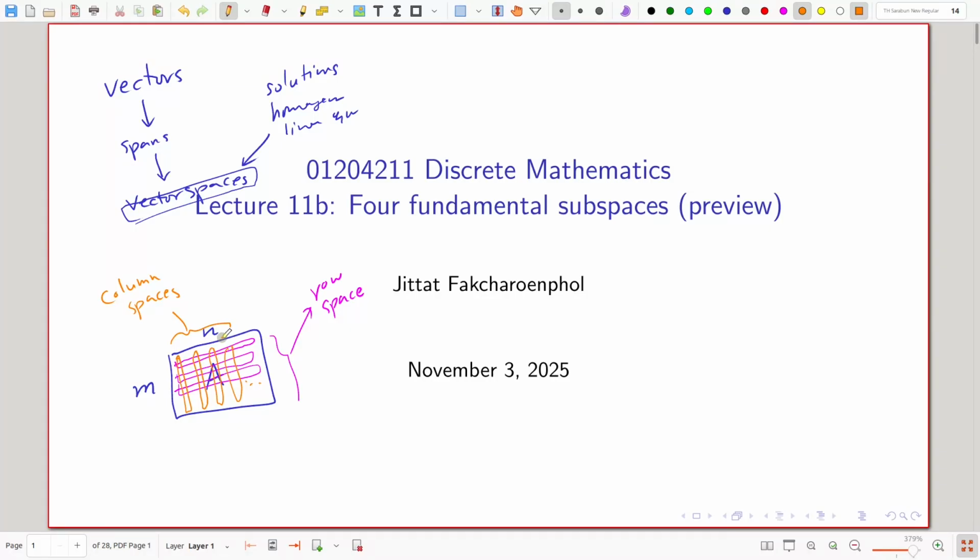So each vector in the row space is of size n, and belongs to R to the n. That means the row space is a subset of R to the n.